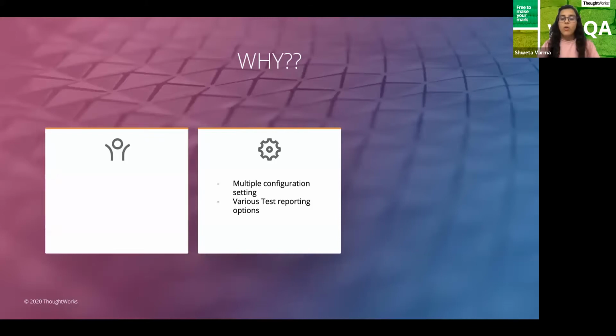Then how about the manual work or the mental work we need to do? It supports web plus mobile app. So what does that mean? We have an application, we want to verify that our application is working fine across browsers in a device. So you want browser support in a device, that is possible. On top of that, you also have your native app and you want to verify that one also on multiple devices or some set of targeted devices. That we can achieve with WebDriver IO.